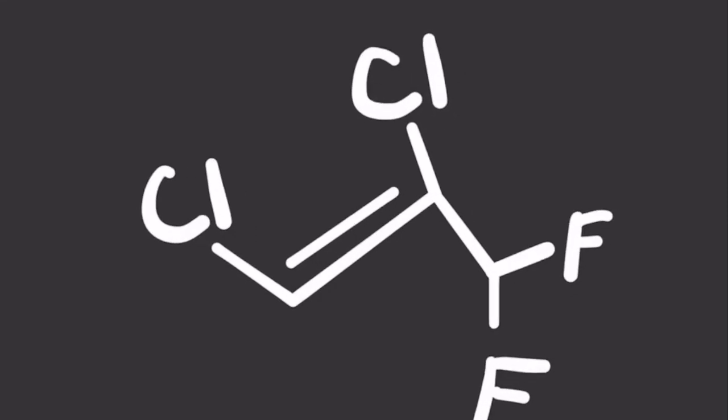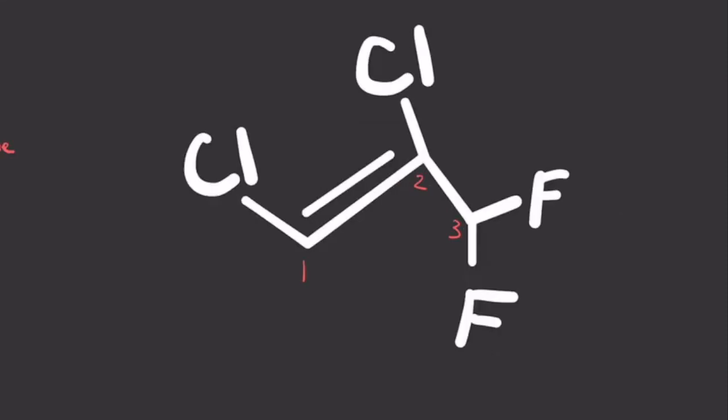And for this compound, I'm going to start numbering it from here. 1, 2, 3. So taking a look at my substituents, I have on the first carbon a chlorine, on the second carbon another chlorine, so I'm going to call it, and remember we want to keep this in alphabetical order, that's why I'm not writing fluorine first, I'm saying chloro first. So 1, 2, dichloro, because C comes before F, dichloro,